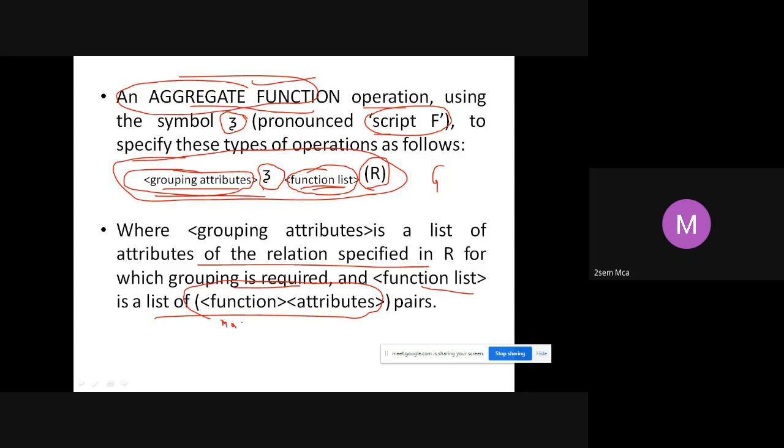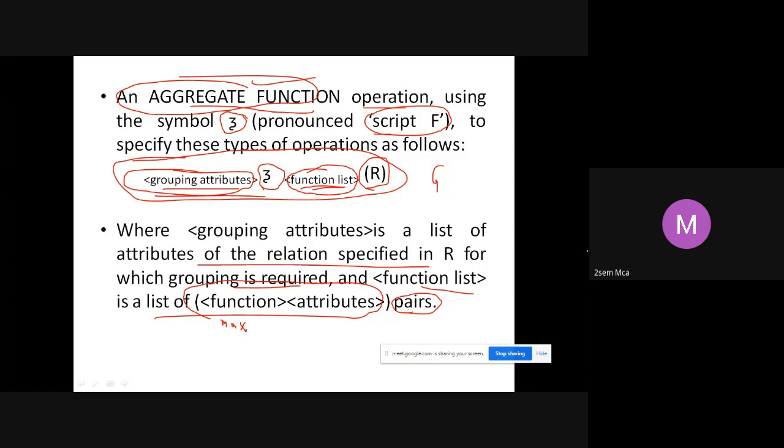And then we applied it on GPA. So function followed by attribute: max of GPA. That will come here. It's always a pair because you have to specify which aggregate function you are using and on what attribute. Right? This is how you write a group by function in relational algebra.